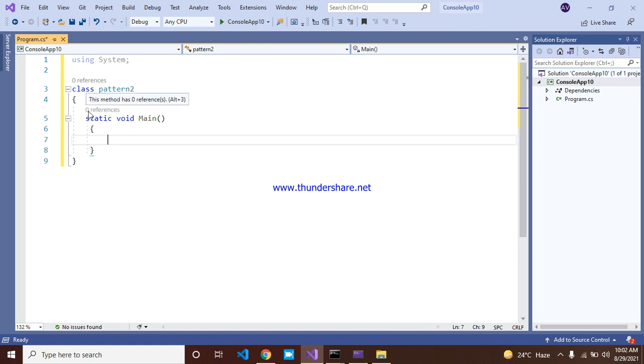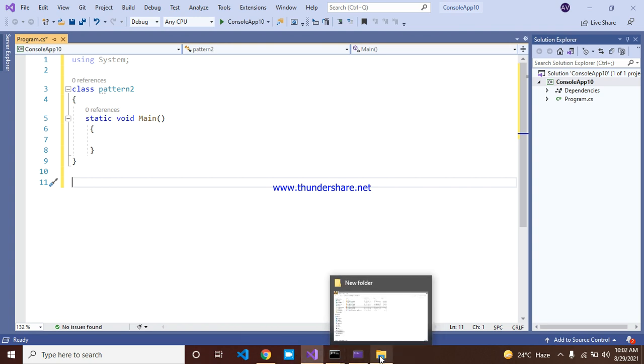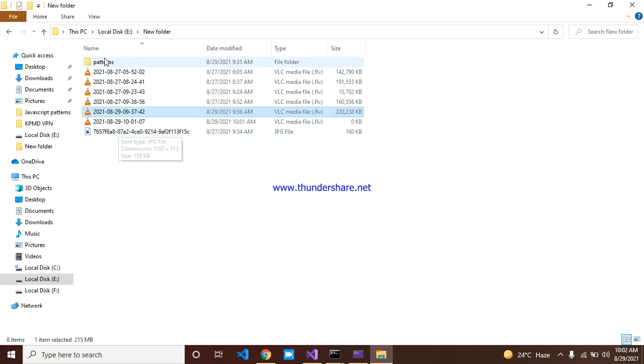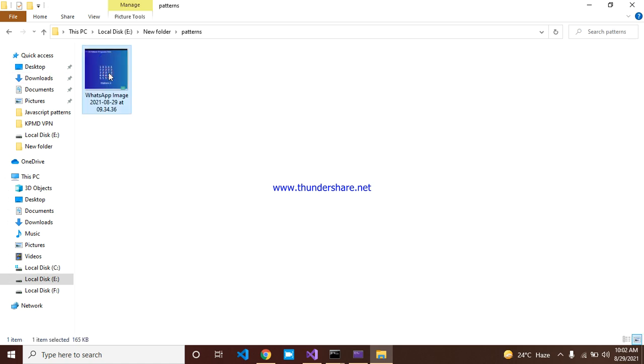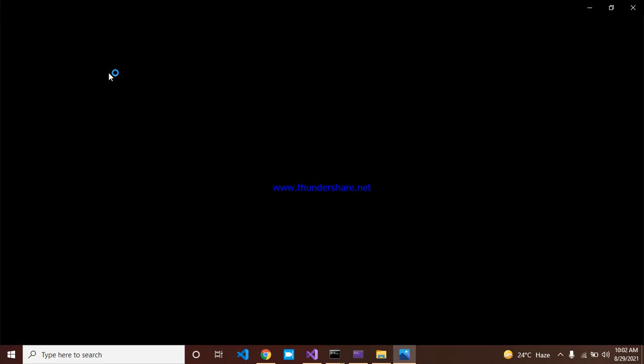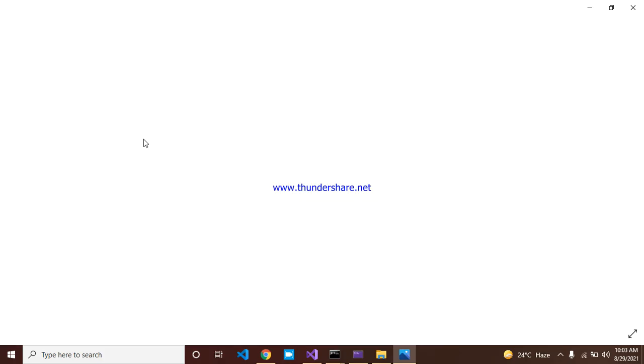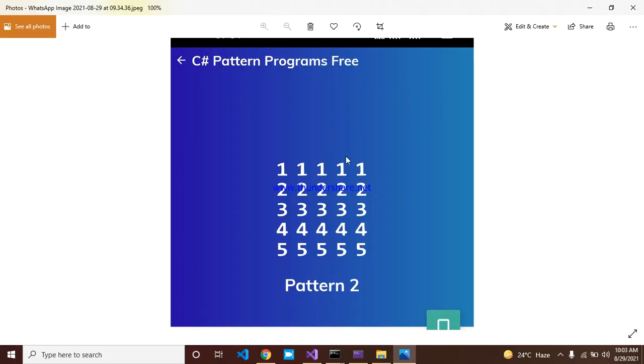Today I will tell what the pattern is. The second pattern is like this. I will show what the pattern is. Wait for 1 second, this is loading. Here we go. This pattern, how to print it and what is the process going on, I will tell step by step, in a step by step manner.